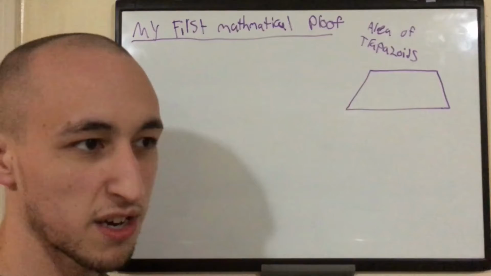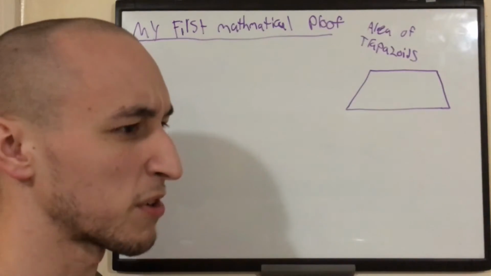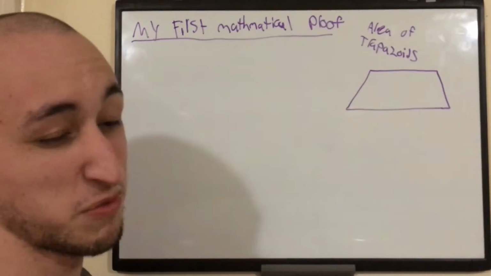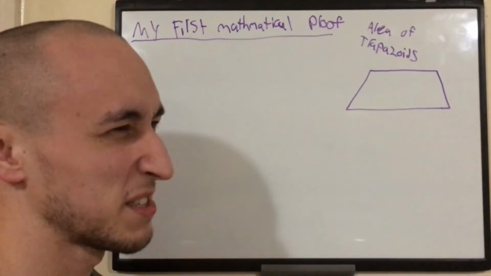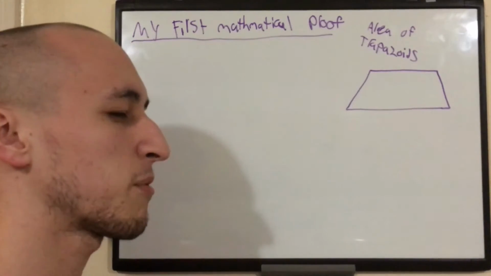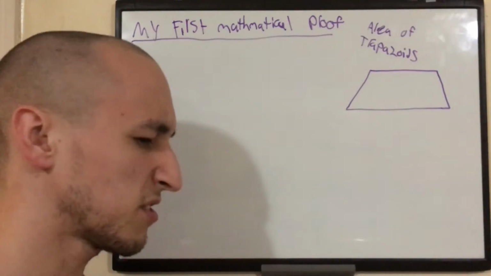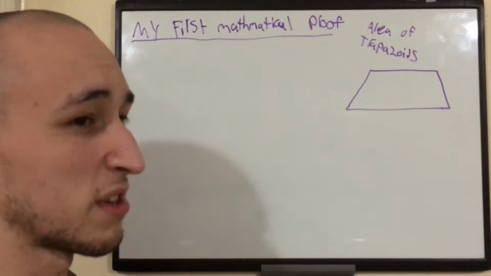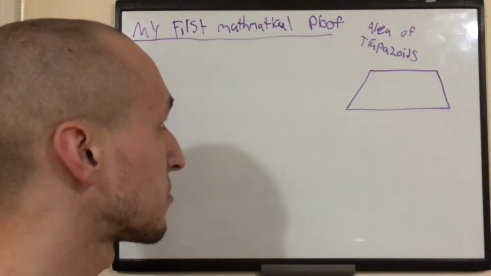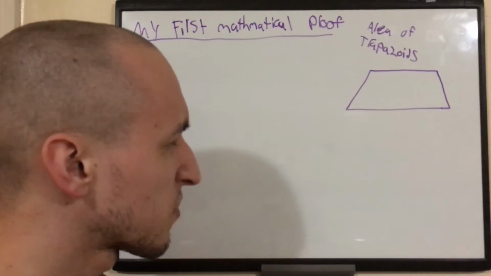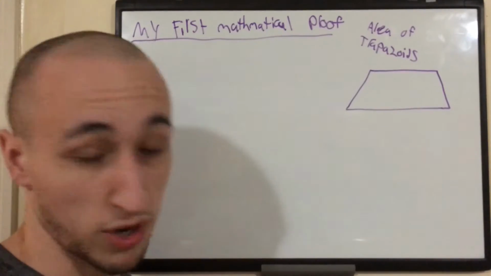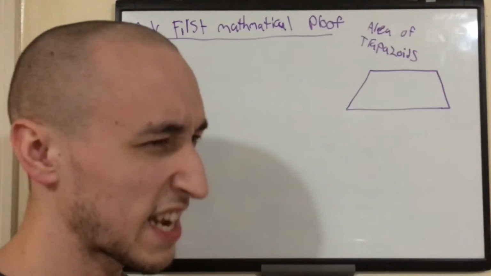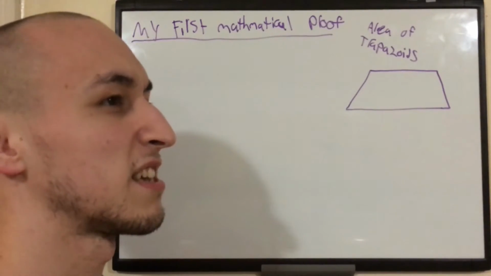To give some context, I was in college, I was doing some Calc 2 homework, and it was something either related or maybe we were doing trapezoidal Riemann sums. We were doing Riemann sums, and I think we had reviewed trapezoidal Riemann sums. Actually, I had forgotten at that point. I'd learned and forgotten multiple times throughout my schooling the formula for the area of a trapezoid. And so I thought, hey, it could be fun to try and see if I could figure it out for myself, instead of Googling it. And that's what I did, and I think I had an answer in less than half an hour.